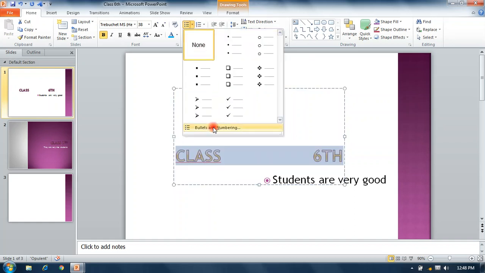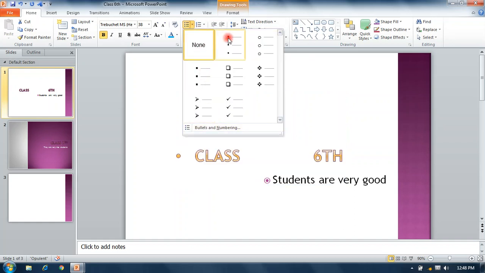This is the number list or bullet list. If you want to create a list, these are used for creating it. None means no list is applied, but these are different bullet lists.